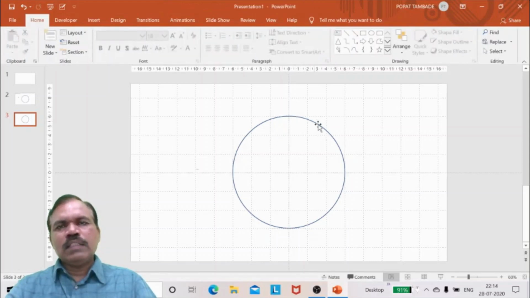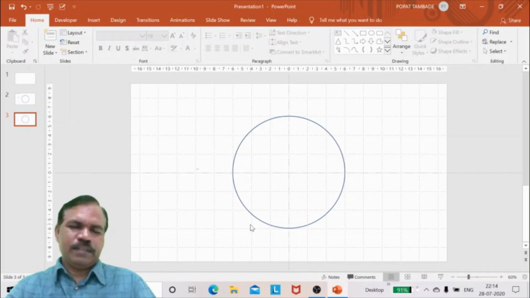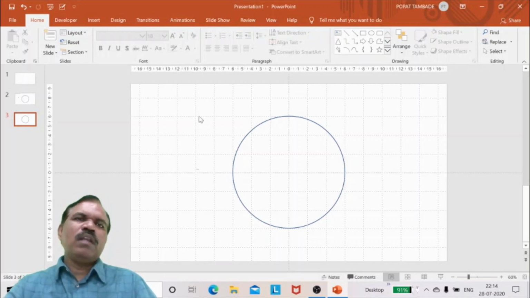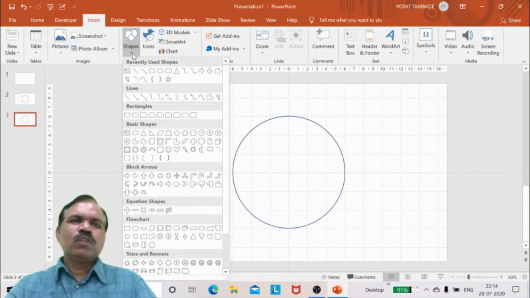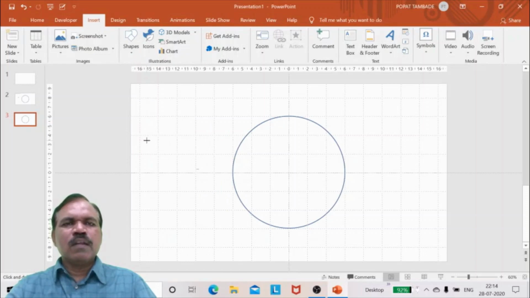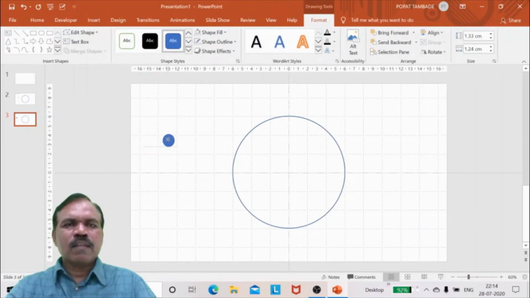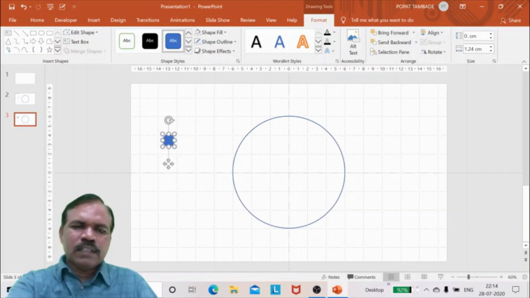Now along this circular path, I have to move a body. For that purpose, we will take a spherical body. So we'll take a spherical ball. We will draw that spherical ball by using the oval shape. So here let us take the oval shape here and take height as 0.7